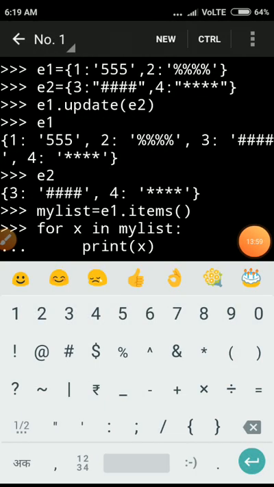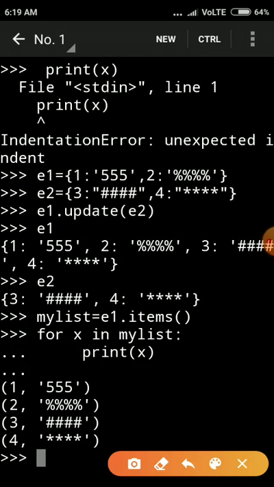Now the next is the update function. If I want to update my dictionary, I create one dictionary and a second dictionary, and we use the update function here. Look here, e1 dot update, then e2. It will add all the contents from e2 to e1.